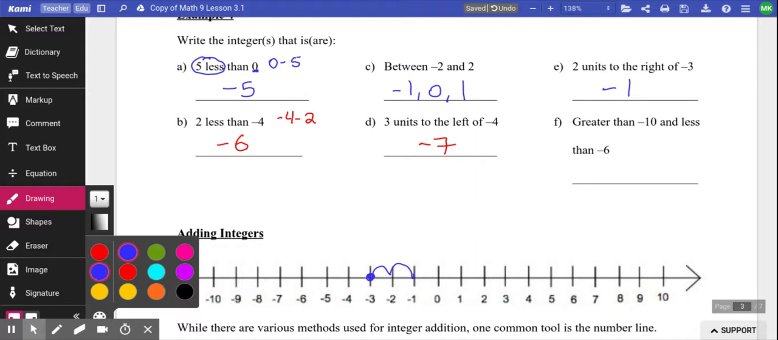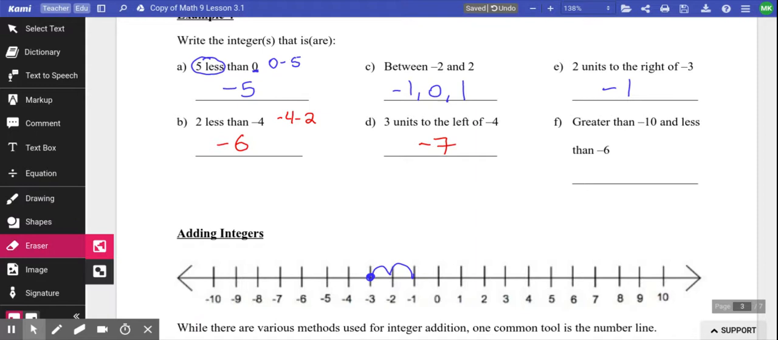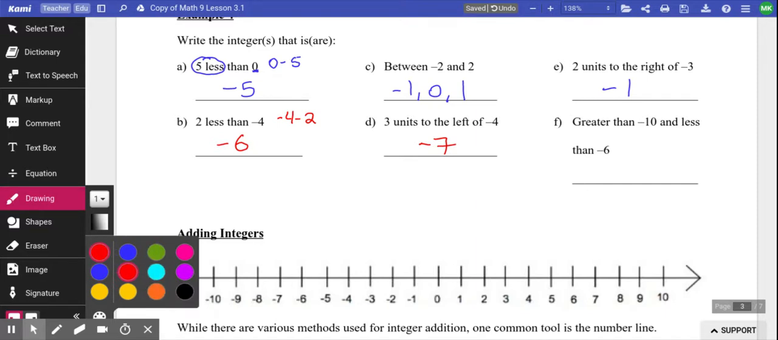And yeah, F is the trickiest one because it's using symbols like greater than and less than, which is a little bit tricky. And that is the kind of stuff you're going to have to be able to do eventually, is read statements like that. And so make use of the number line as your spot. So if you look at F,